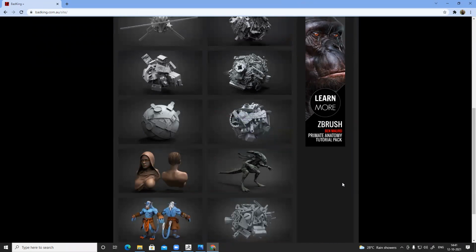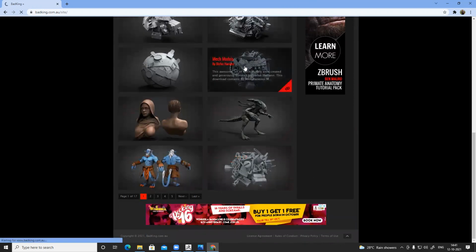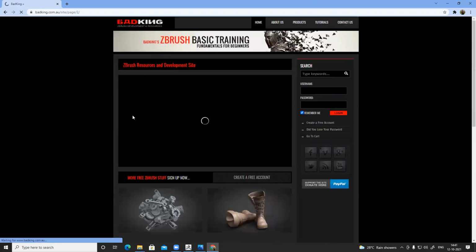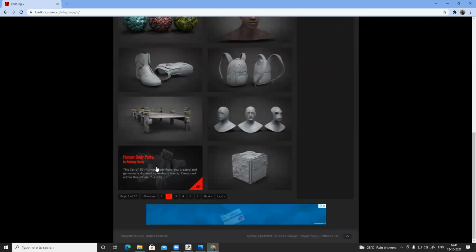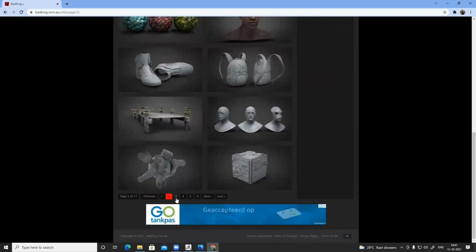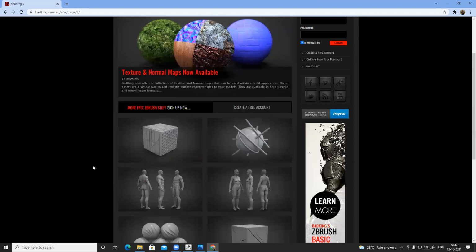You have hair brushes, belt brushes, and chain links. All these brushes are already there, or rope brushes. If you have a chain or a belt in your scene, there are tons of these things, with import brushes, belts and buckles. Hands, legs, eyes, monsters, a lot of base models are there. That makes your life way easier, whether it's a creature or a human.